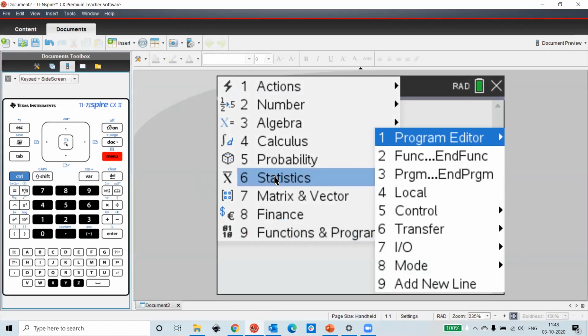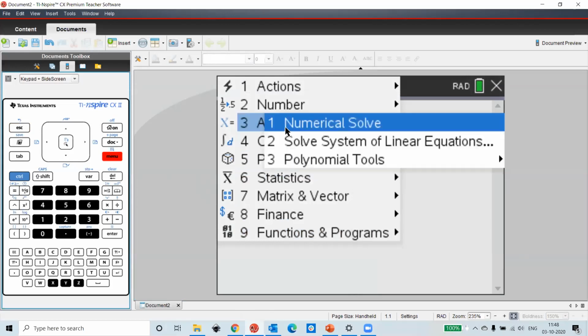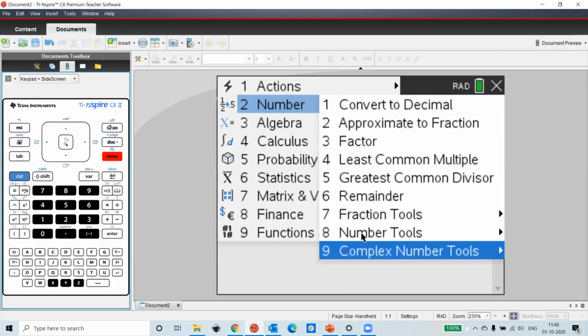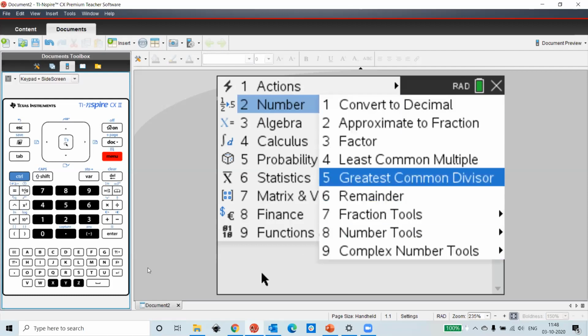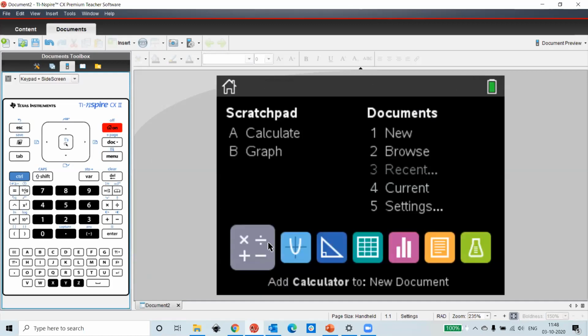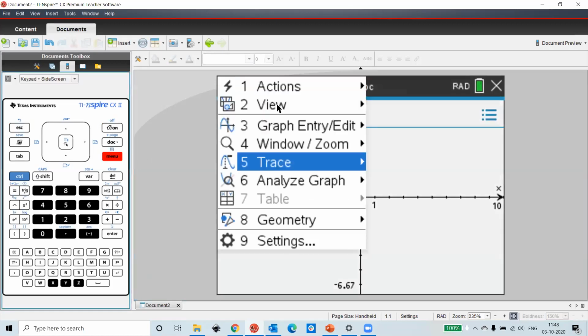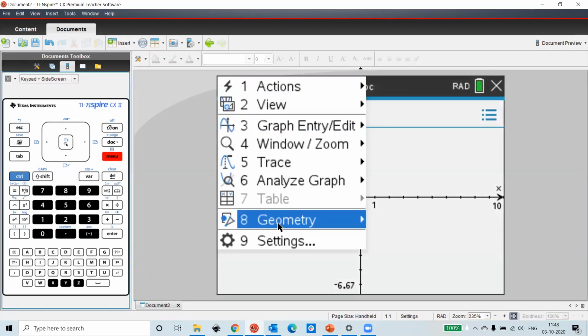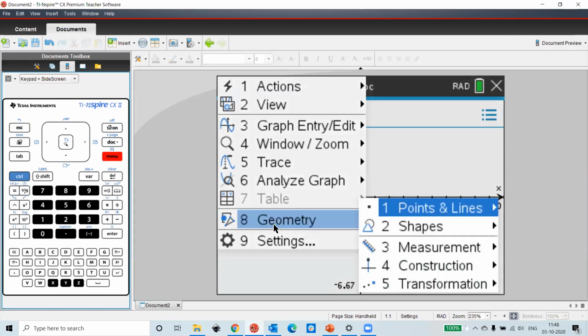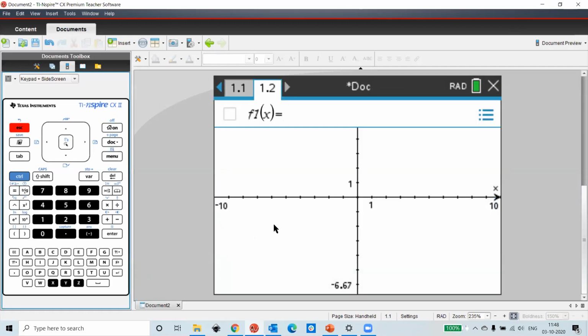If you want to do calculus, number, or algebra, you will have those functions available easily. Similarly for all other applications, you have a menu where you can easily get what you are looking for.